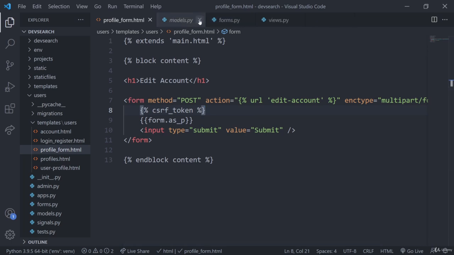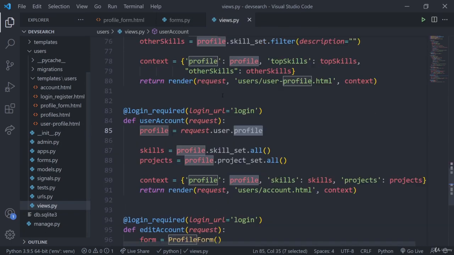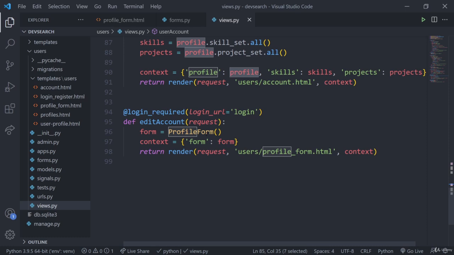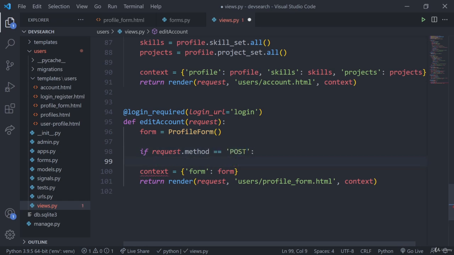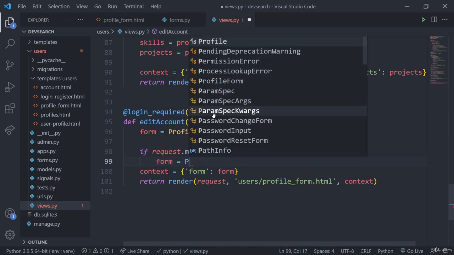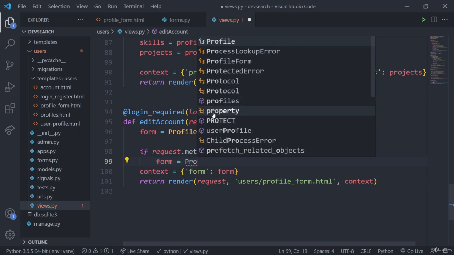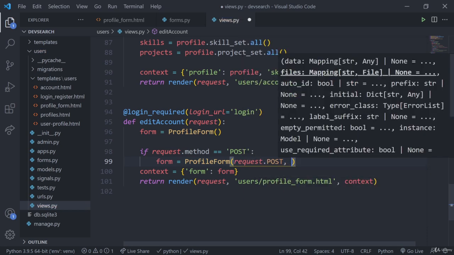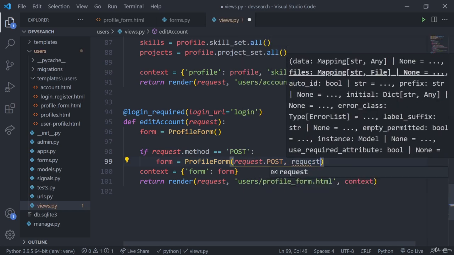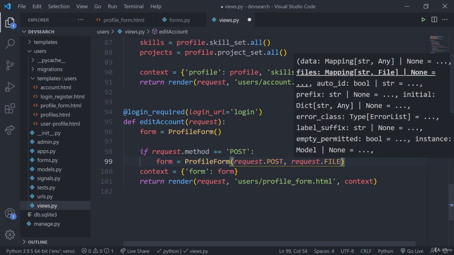Then we'll close out our signals, close out our models, and let's go into the views and let's process this. So inside of edit, we'll go ahead and check the method. So if request.method is equal to POST, let's go ahead and process this. So we'll just set the form. That's going to be ProfileForm. So ProfileForm, and we're going to pass in request.POST, and we want to pass in request.FILES. So we're processing that image,